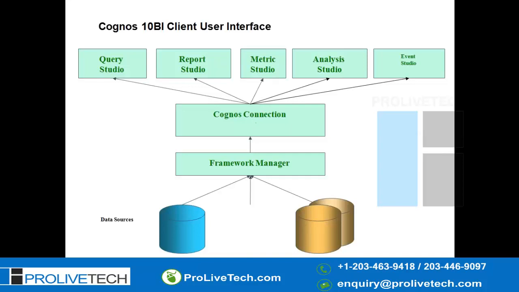So to start creating a report, you need a source, right? You need tables and columns. So where will it come from? From the package. Within the package, you have the predefined model, with the relationships, filters, and calculations, whatever you needed for reporting purposes. So using that package, you will open any of the studios and start creating reports. Okay, this is the high level, and now we are going to discuss Cognos connection.